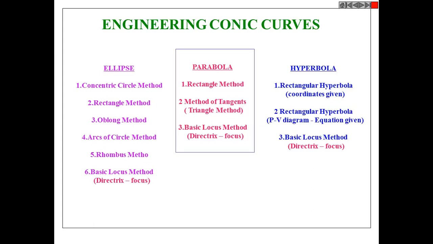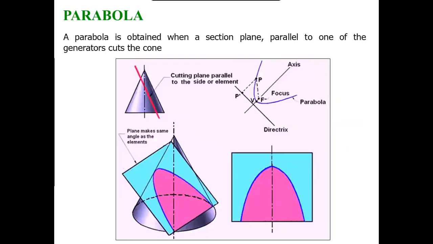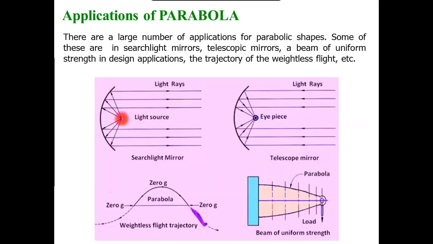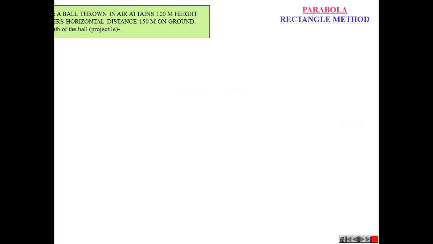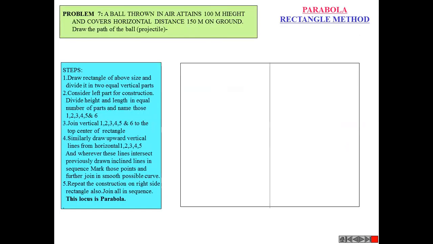Ellipse was more or less covered in the previous session. Then we started with parabola. We saw what a parabola is. We revisited it again. We saw applications of parabola. Then we focused on the rectangle method. I'll be shifting this fast, so you just see it as a time-lapse kind of video. Whenever required in future also, we will revisit the same. We'll keep revisiting, and it will keep everything fresh. It won't lie as it is.